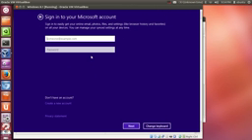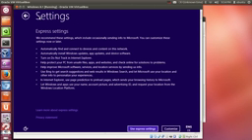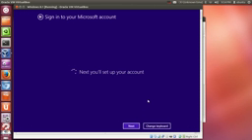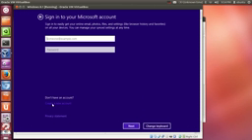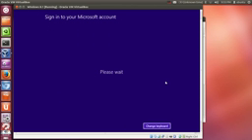Or otherwise, if you don't have a Microsoft account, or if you don't want to log in with your Microsoft account, you can go back here, and once again click use express settings, and in here you can just click create new account. Instead of signing in with your Microsoft account, you can just create a new account. Just click the create new account,